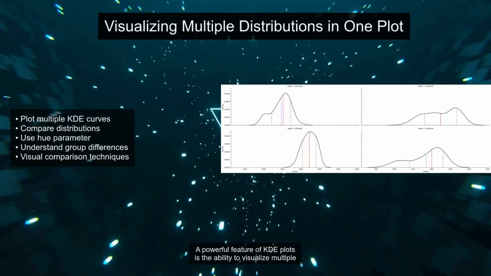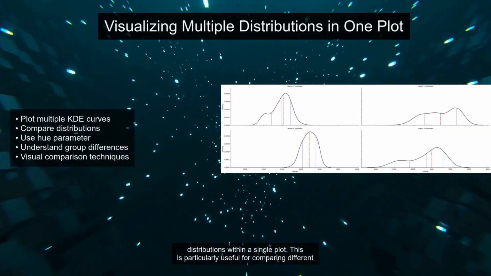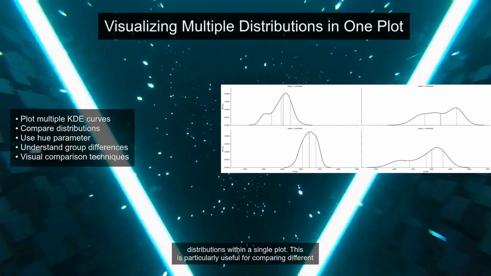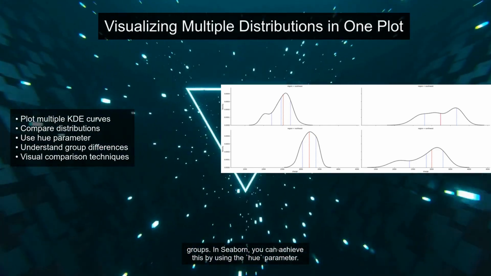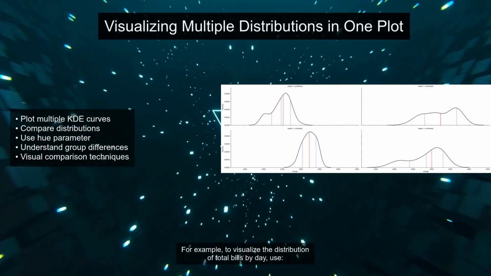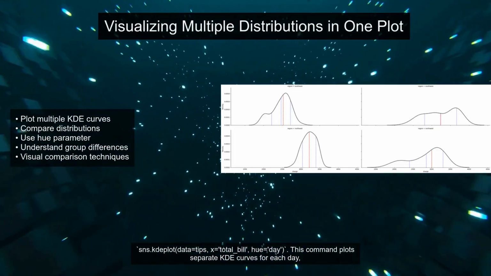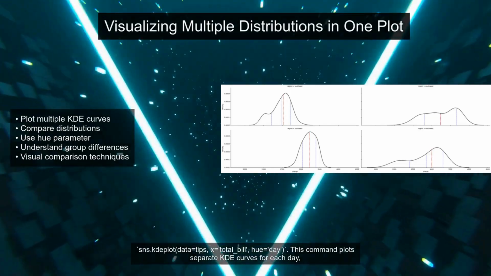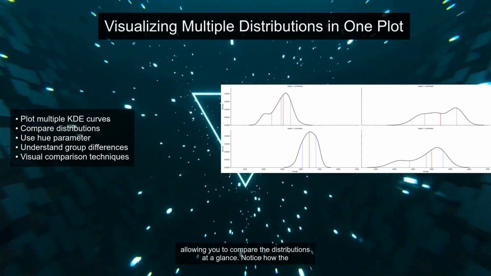detail. A powerful feature of KDE plots is the ability to visualize multiple distributions within a single plot. This is particularly useful for comparing different groups. In Seaborn, you can achieve this by using the hue parameter. For example, to visualize the distribution of total bills by day, use sns.kdeplot(data=tips, x='total_bill', hue='day'). This command plots separate KDE curves for each day, allowing you to compare the distributions at